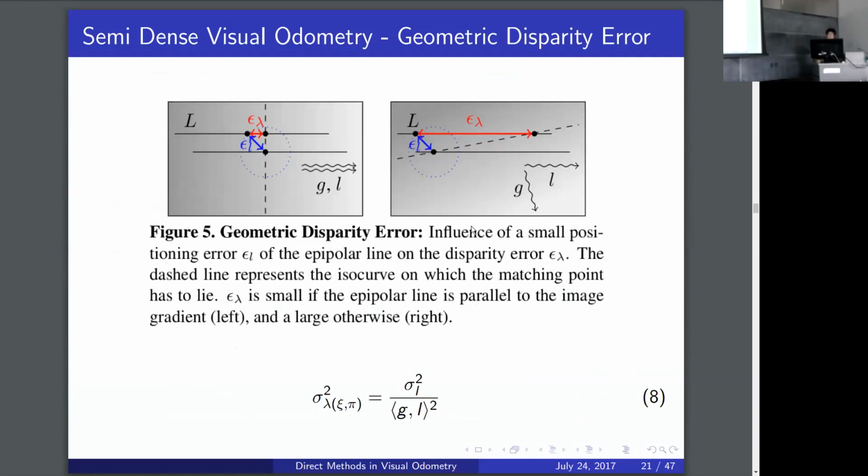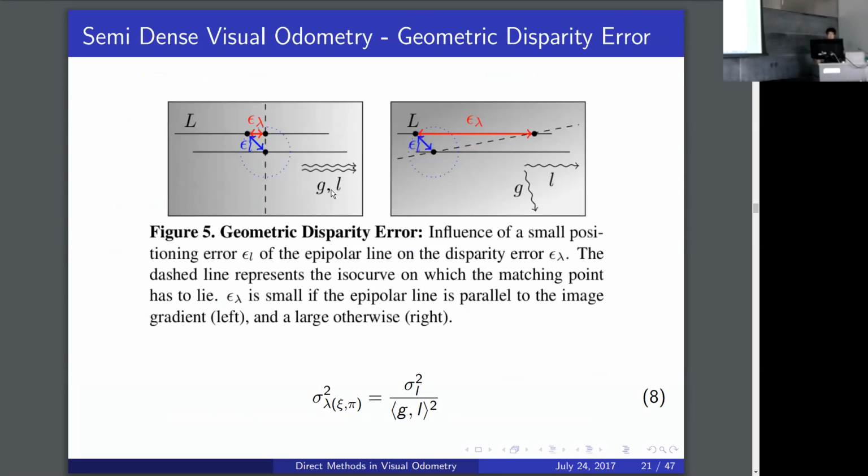There are three different criteria by which it tries to find the dense features. The first one is the geometric disparity error,